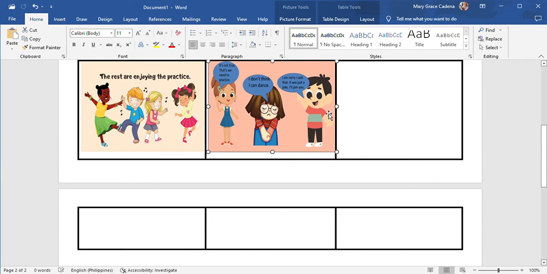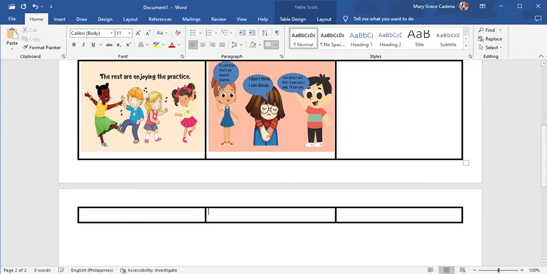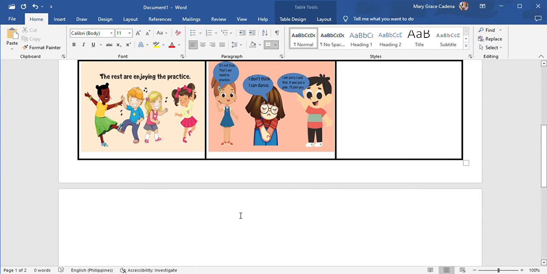This is how I want it to be done. Maybe there is some other, easier way. However, what I am teaching you right now is the way how I can do it. But if you have your easiest way, try it. You can also adopt your own way to do your comic strip.